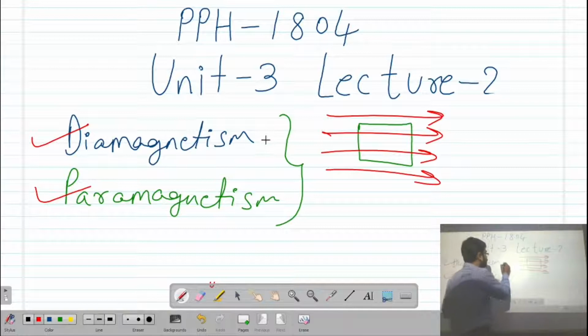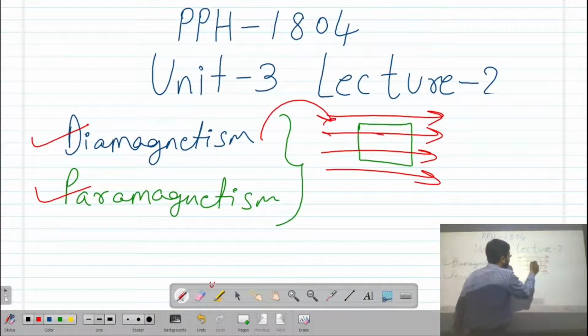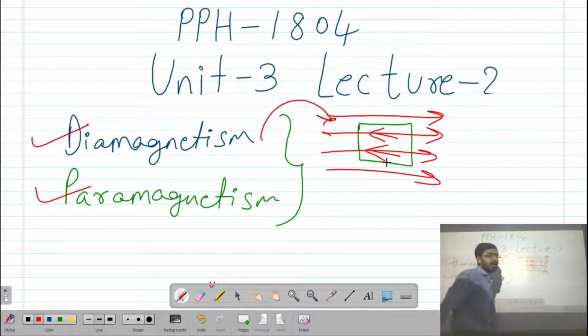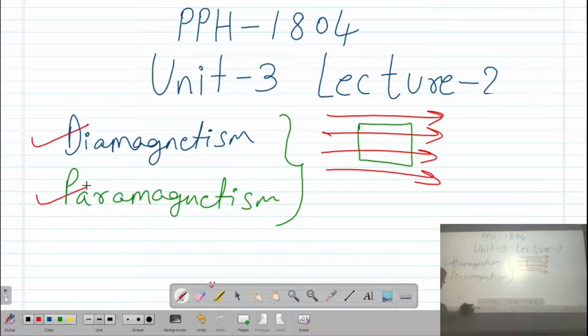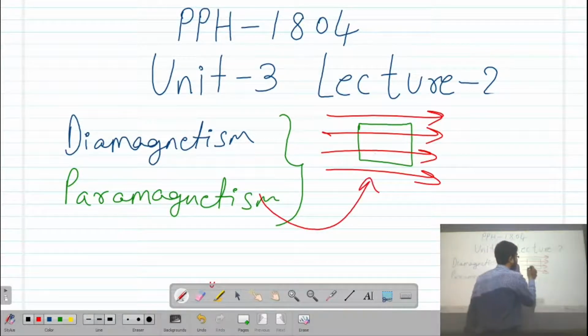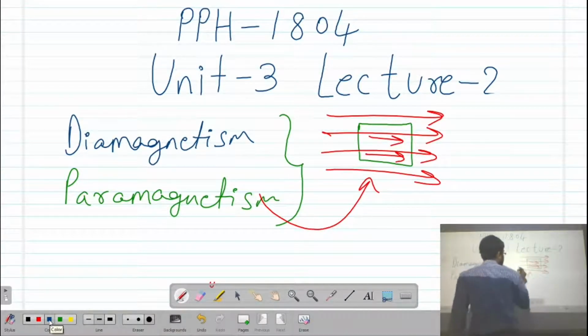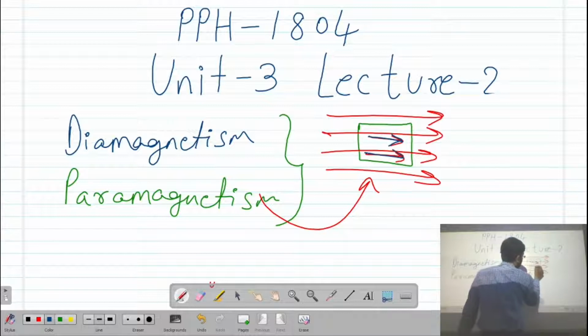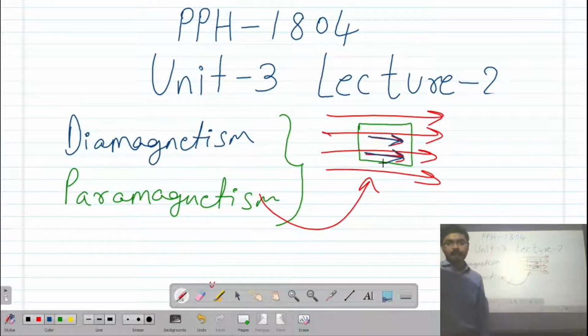In diamagnetic materials, the dipole moment will originate in the opposite direction, while in paramagnetism, it will orient in the direction of the applied magnetic field, right?